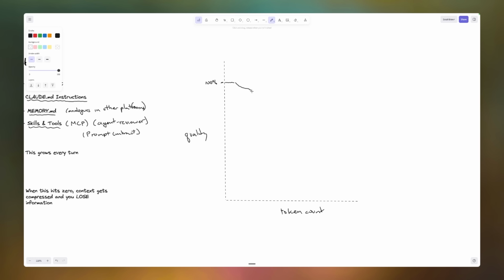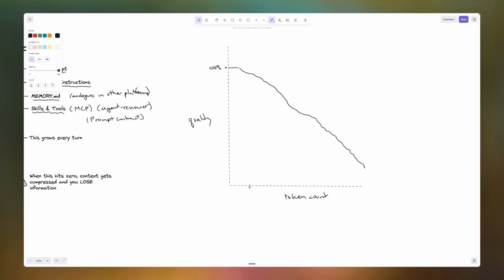And then the longer the number of tokens in your context, the lower the quality gets. So maybe this is at 10K. Maybe this is at 50K. Maybe this over here is at 200K. And what that means is, let's just hypothetically say you're at your 199,000th token, okay?